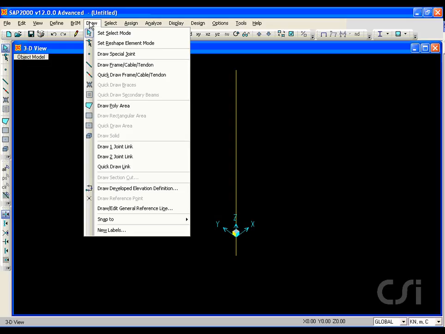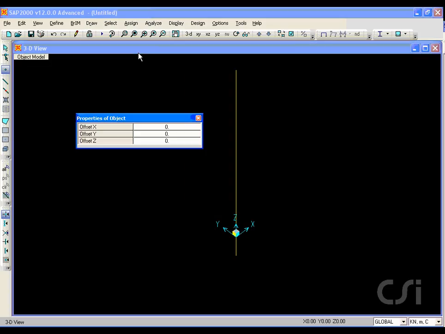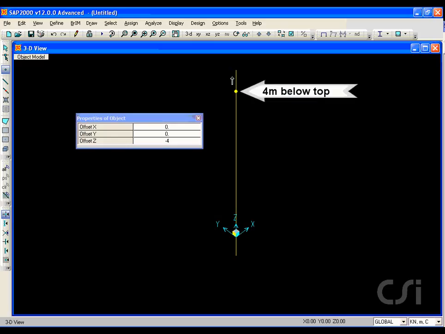Next, we will draw joints to model the saddle locations for the cables. The first joint will be 4 meters below the top of the pylon. By clicking on the top of the pylon with the offset set to -4 meters, a joint is added. We leave the Draw menu,